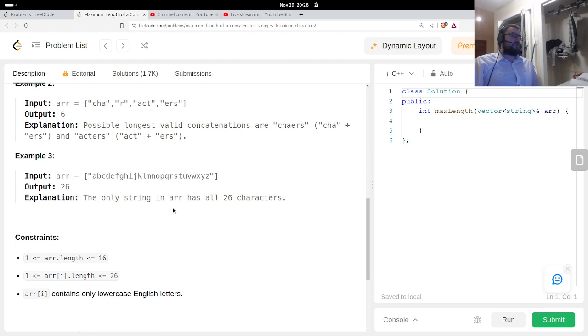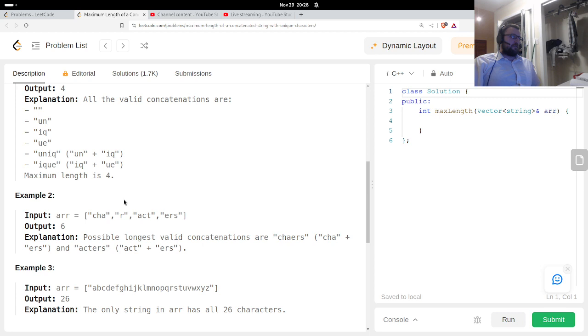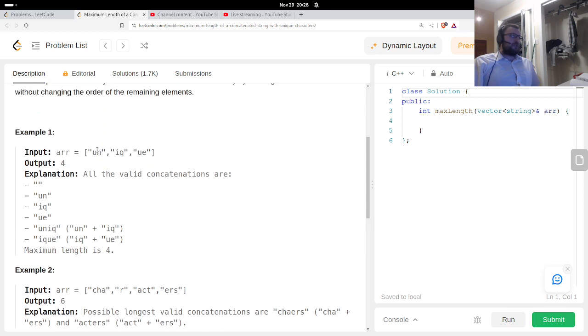It's not really good. It's probably fast enough.